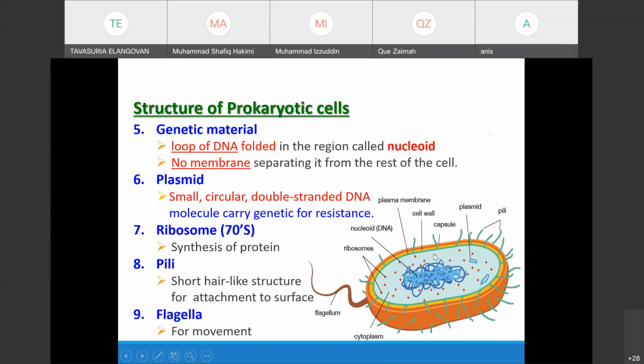and then they also have free-floating ribosomes. You can see them like dots inside the cytosol, the free-floating ribosomes. And then they also have the green hair-like structure, the pili, and then this is the flagella. Can you see the cursor that I'm pointing toward the flagella? Yes, madam. Okay, so this is the flagella. Flagella are used to move, and the pili are for attachment. So the genetic material of the prokaryotes is in the nucleoid region.